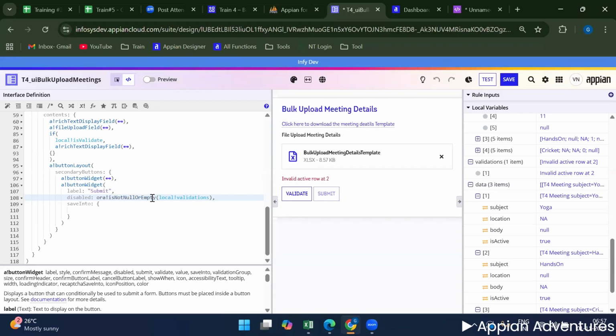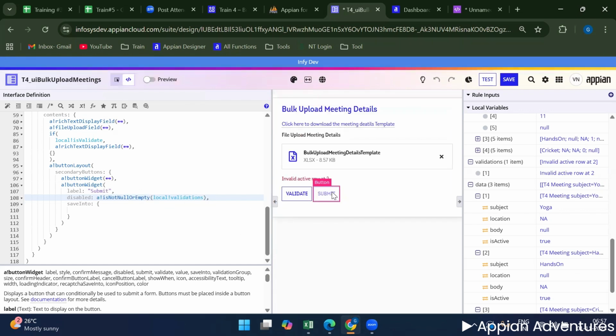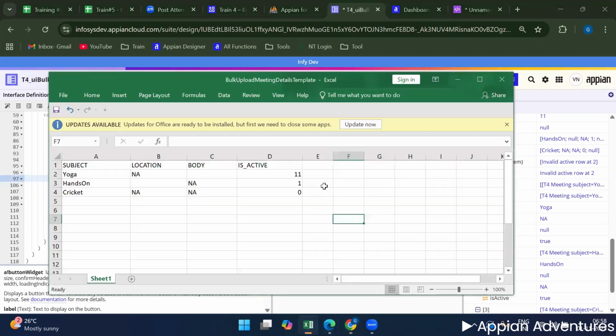Or, yeah, is not null or empty. At that time, the button should be disabled. That means you can't submit this form. You can validate this form. Okay, so now if you provide the valid data,